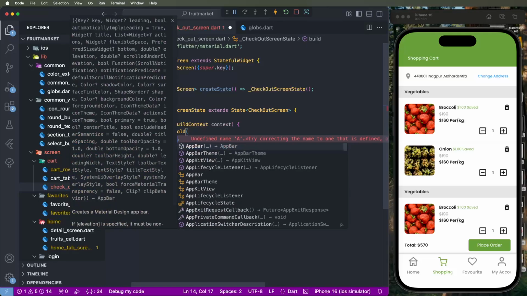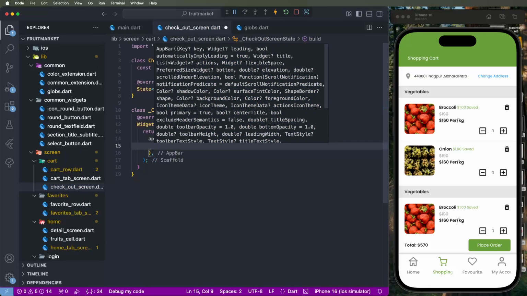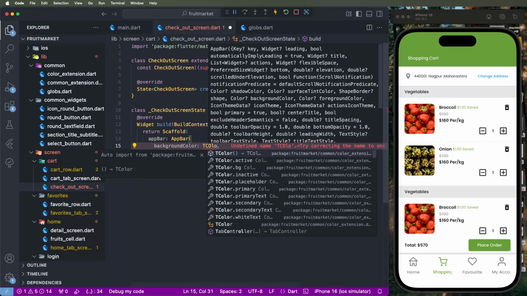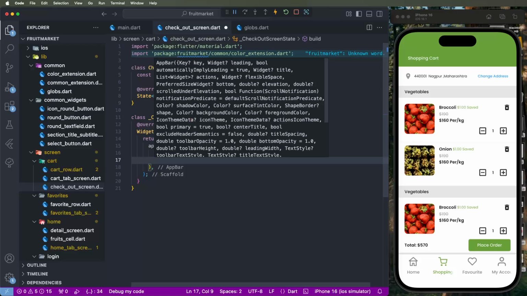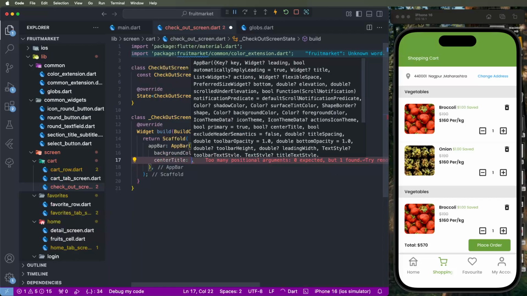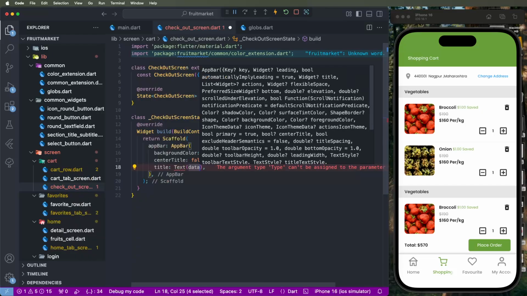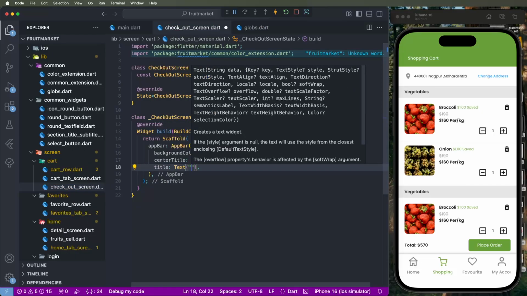You need to develop the app bar here. We need to write the app bar, create the background color. We need to set the T colors, white text background. Then after that, set the center title to false. Now we need to set the title, set the text, and we need to set this